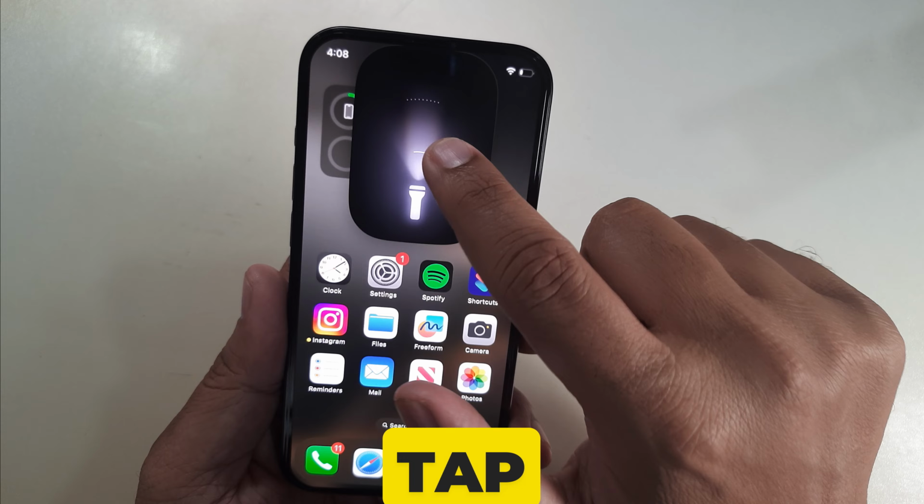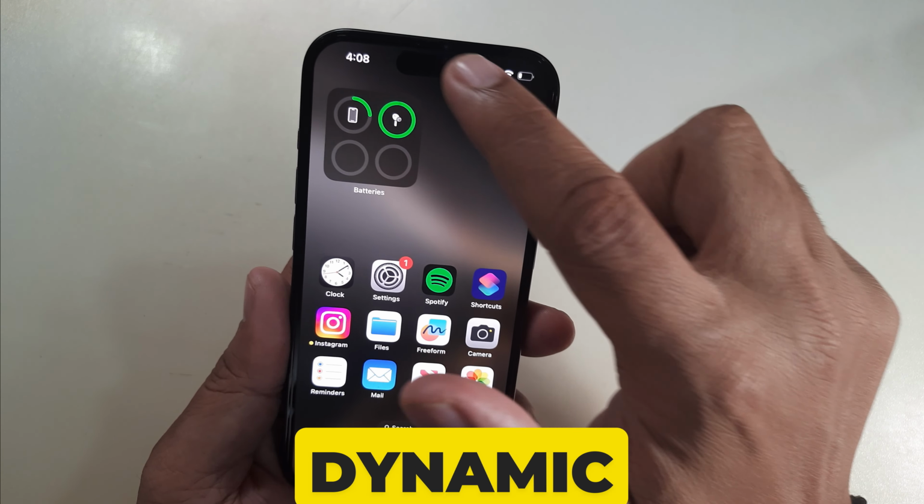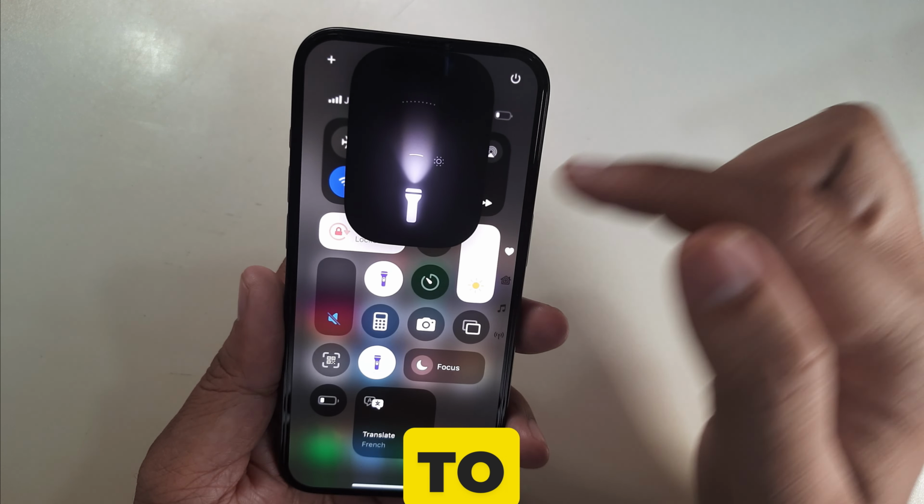To turn off the torch, tap on the flashlight interface or tap on the Dynamic Island and then tap the flash icon to turn off the flashlight. It's